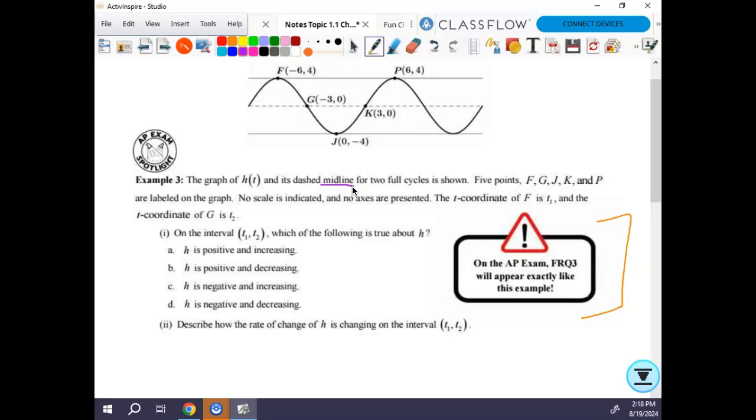5 points, F, G, J, K, and P are labeled on the graph. No scale is indicated, and no axes are presented. So this is where the problem came in when we had to put numbers on, which we're not going to have to do right now because it wouldn't make any sense to you. But